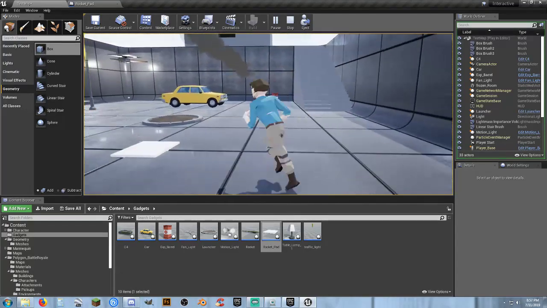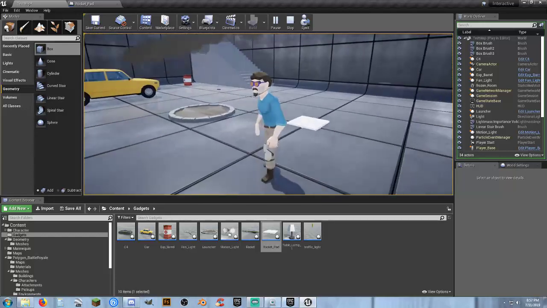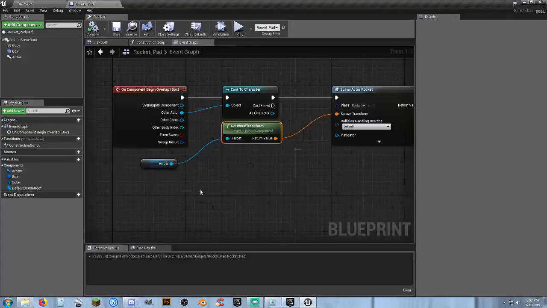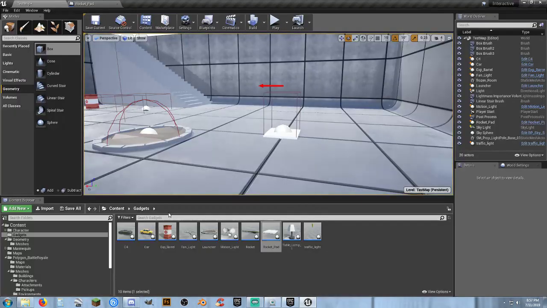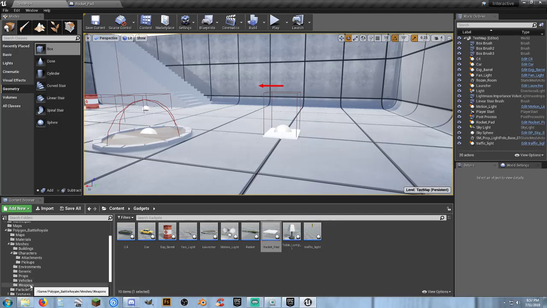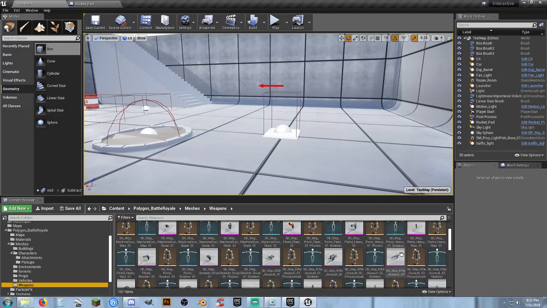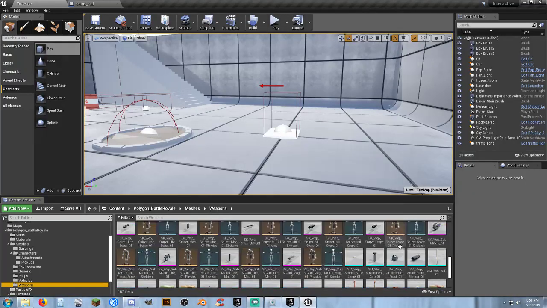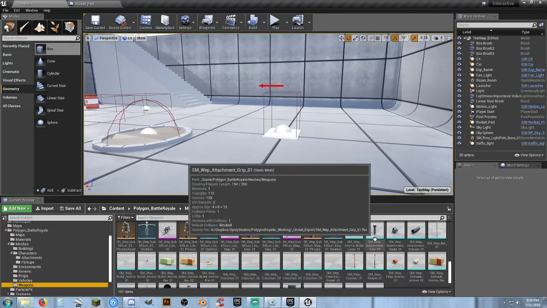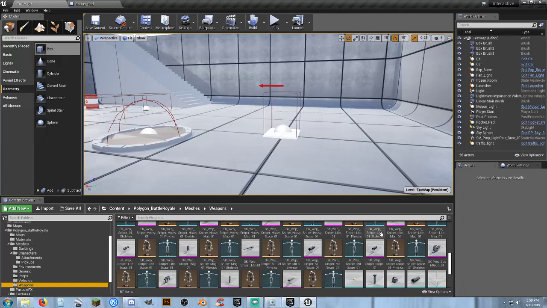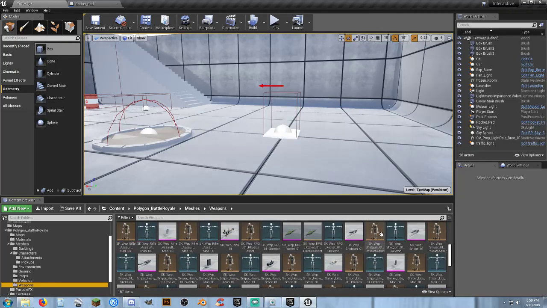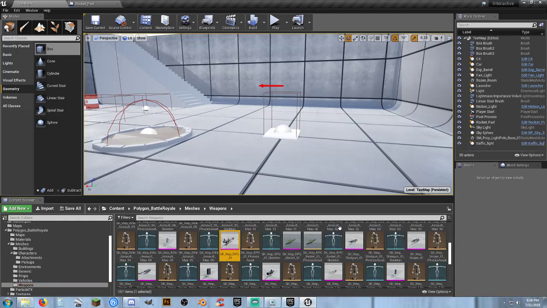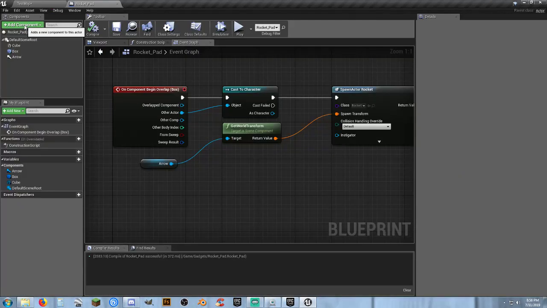So as soon as we step on that pad, it's going to pow, blast a rocket out. Now, if you wanted to, you could set it up where you actually have a launcher, a physical object that you're triggering it to launch that item from. So let's see if we had anything in here. We have an RPG launcher here. So what I will do, where is the launcher? It's in here somewhere. I know. Right there. So we come in here, add component,